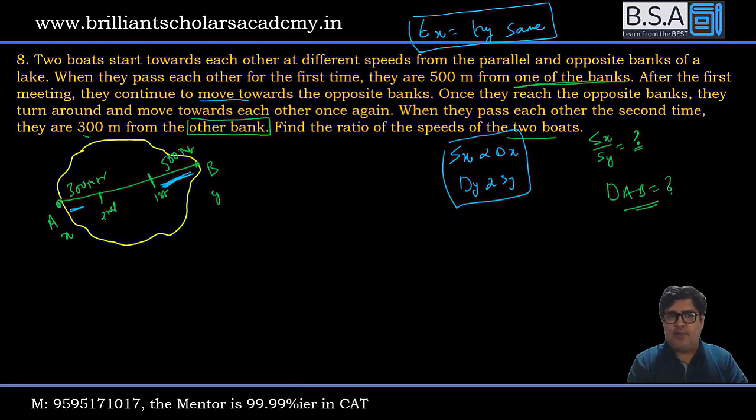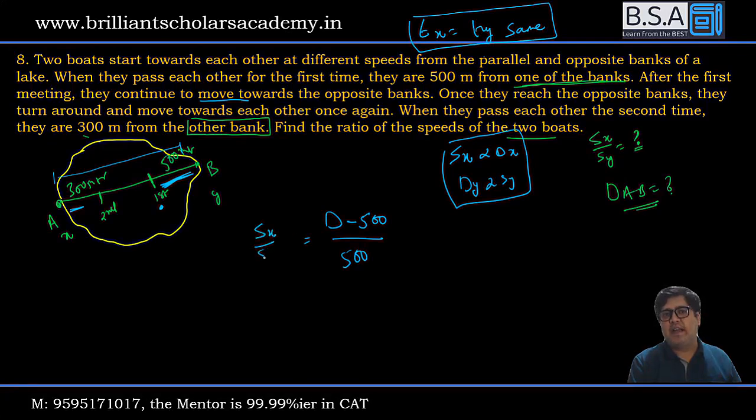Let us assume the total distance from here to here is D. Distance is D. This X person, when that person travels and meets here, how much has that person traveled? D minus 500. How much has Y traveled? Y has traveled 500. That is the speed ratio of X and Y. Now please understand,